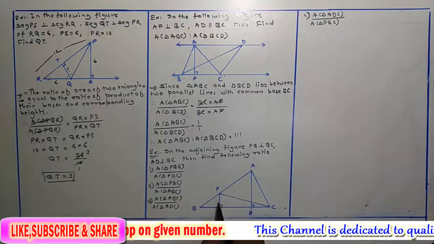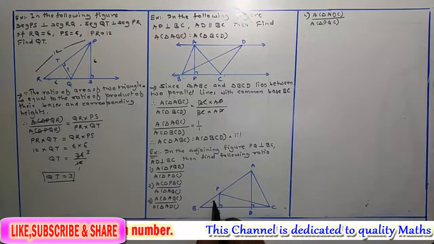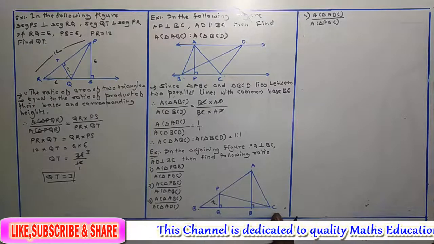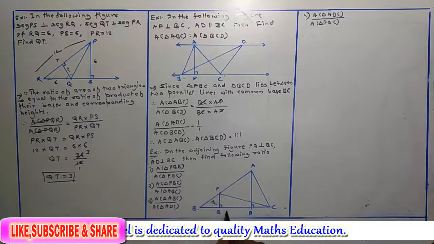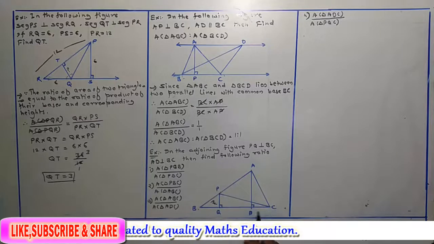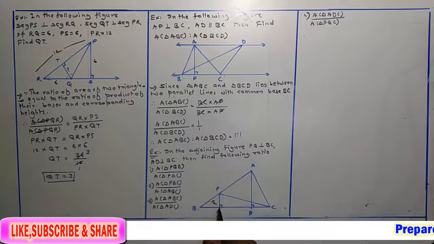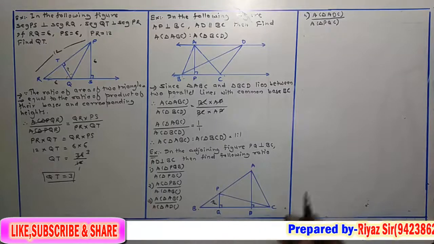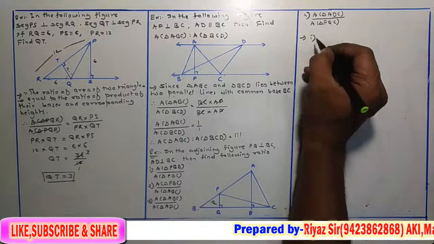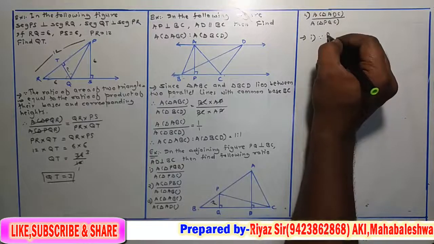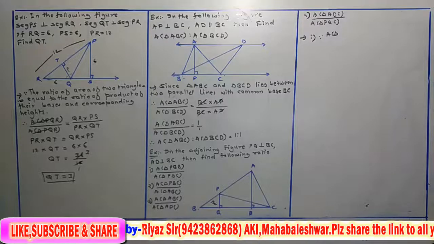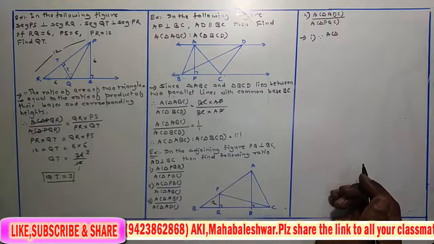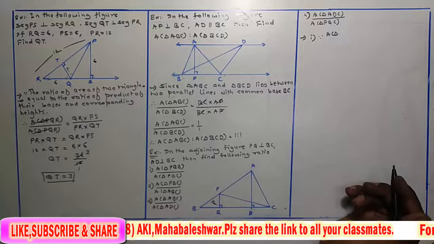So just observe those two triangles. PQB means this triangle, okay, and PBC. In both the triangles, vertex B is the common vertex, and from that PQ is perpendicular drawn on this base BC. So this is the height for both the triangles. That means those two triangles are triangles with equal height, right? So we start the solution like this. Since area of triangle, you have to write that property. Ratio of area of two triangles with equal height is equal to ratio of their corresponding bases.